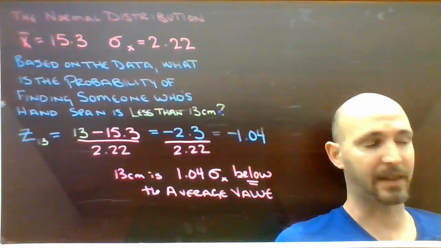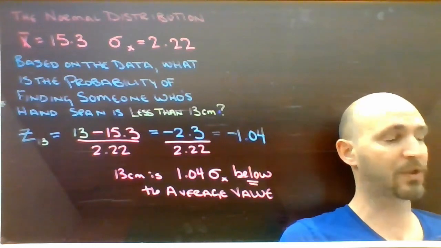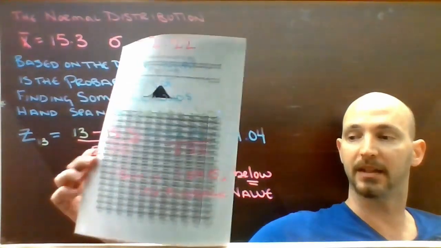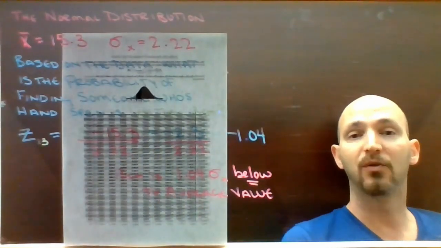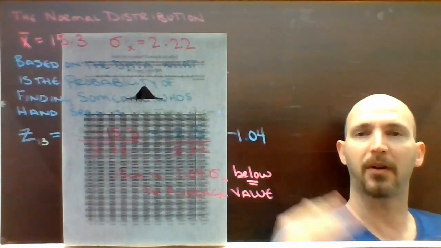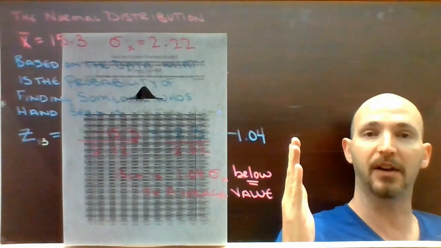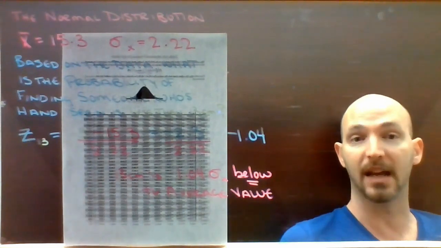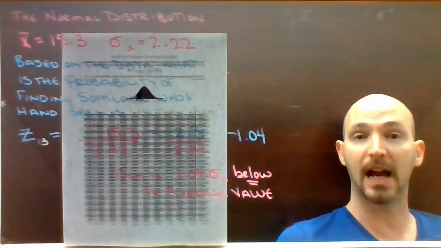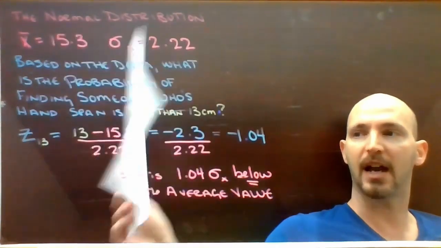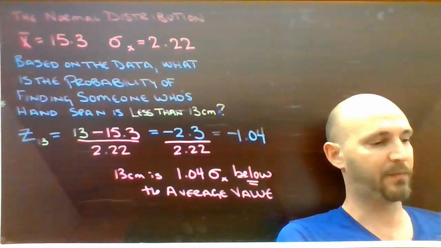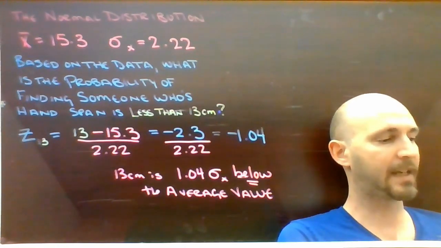So what can I do with that? Well, if you were to go on to the page where you found this video, you will find a link to something that looks like this. It's a standard normal probability table. And what it's doing is showing you the probability of any particular value being less than a certain z-score. There is a video below this that will show you exactly how to use it. But if I were to find negative 1.04, I end up with a value of